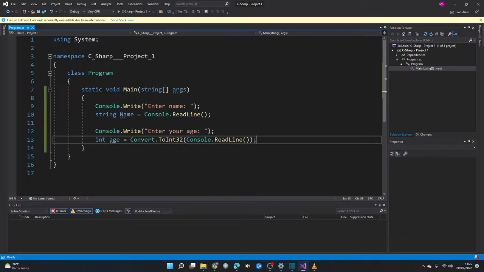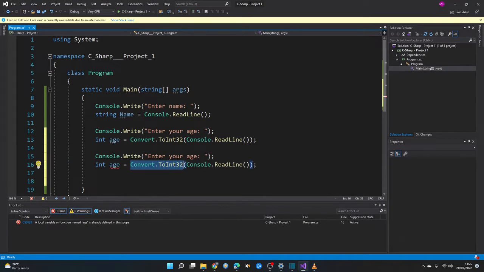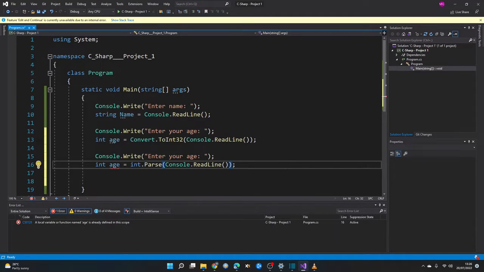So there are actually two ways to get an integer from a string. They're very similar, and I don't want to go on about them too much, but you can use the Convert.ToInt32 that we talked about earlier. So you read the line in, and it gets converted. There is also this way, which I'll copy underneath, which is to do int.parse, and that will also